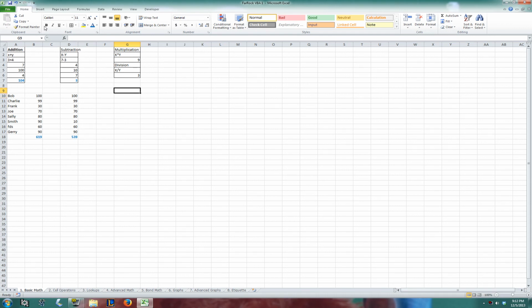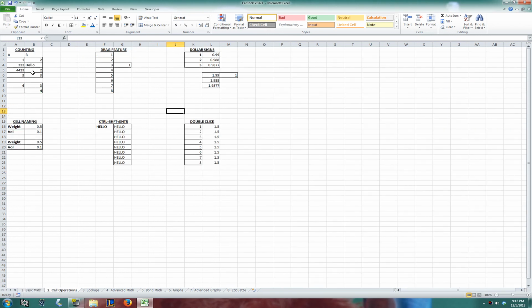It's really nice. You have these little formatting things for making things look cool if you want to. And next time, we are going to jump to cell operations, where we can do some really sweet features with the built-in code that Excel gives to us. And I'm very excited about this. This is the way I usually start teaching VBA in master programs in college. So welcome to the big leagues, boys, and